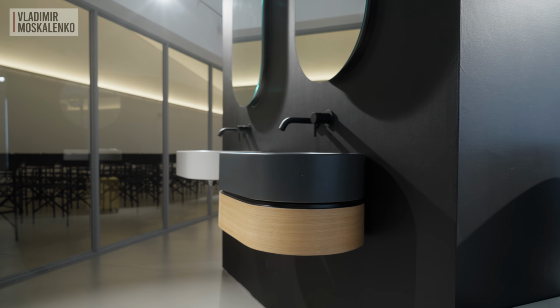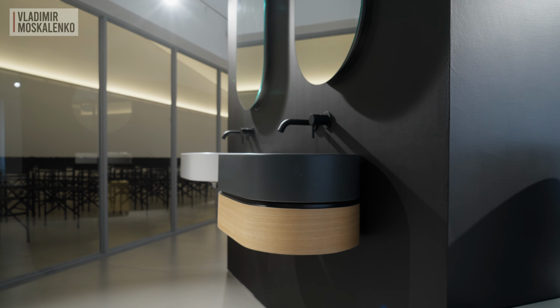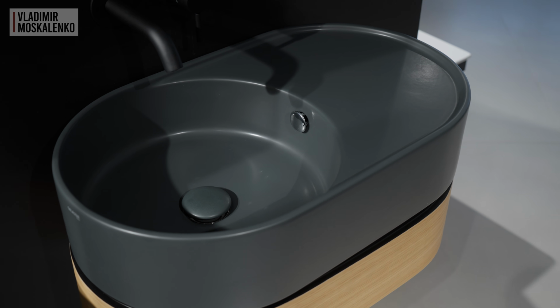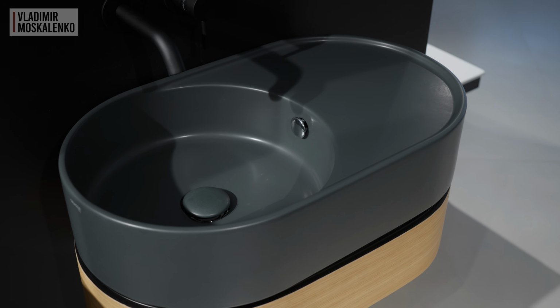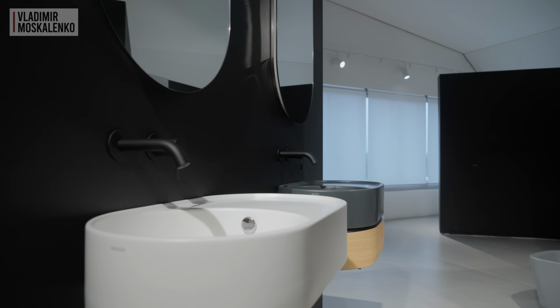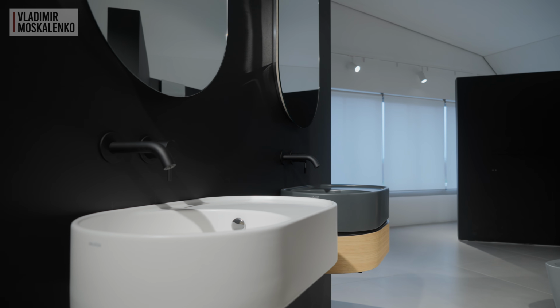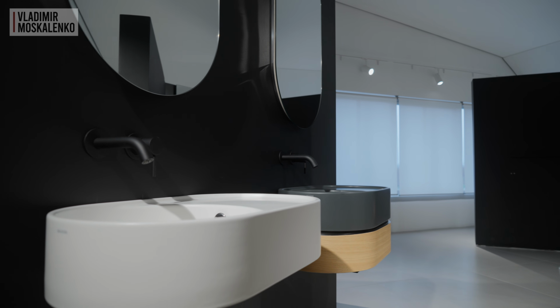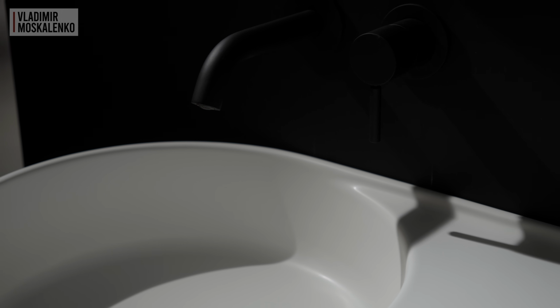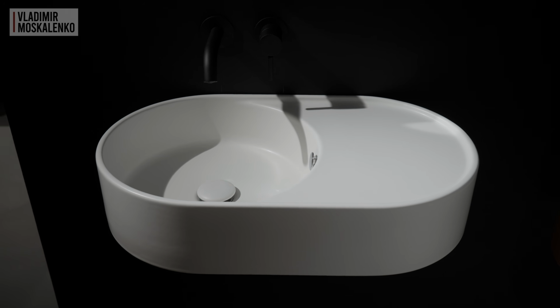The next collection from Gabriel is called C65. Here too, there is a play of simple geometric shapes. This time, a round bowl with an almost perfect oval inscribed. And a very charming, functional detail has been added, a small rim, which is cast directly from the ceramic, providing ease of maintenance. And of course, no droplets will run down the edges of this sink